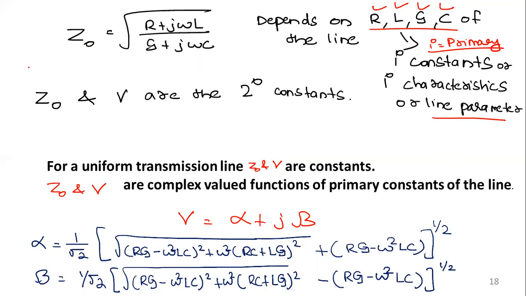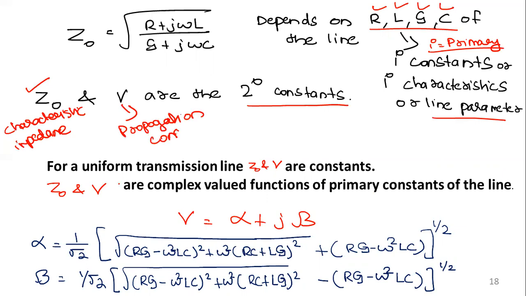And then we have also come across two more terms, that is characteristic impedance, which you have learned now, and the value of gamma. So Z0 and gamma are called the secondary constants. Gamma is familiar to you. So Z0 and gamma are called the secondary constants, that is, the characteristic impedance as well as the propagation constant. So characteristic impedance is Z0 and gamma is the propagation constant.